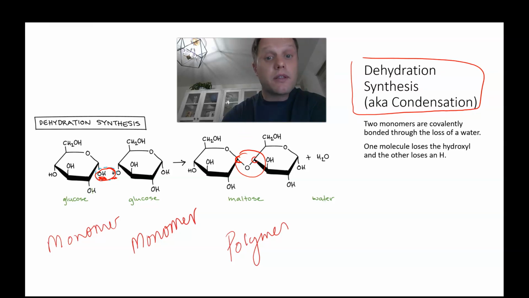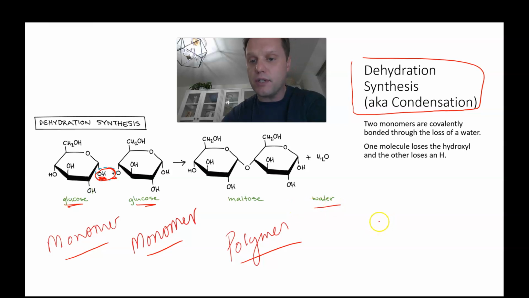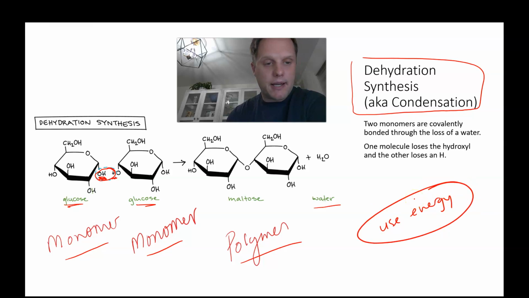We're going to eventually learn that this is known as a glycosidic linkage, which is just basically an ether linkage between two sugars. So two glucoses can combine together to make something called a disaccharide, which means two sugars, known as maltose. And in the process, we're removing water. So we got monomers adding together to make polymers. This would require energy for us to do this. When we're making something big and complicated, we need to use energy. We get the energy back when we break it back down, but anytime we build something big, it requires energy